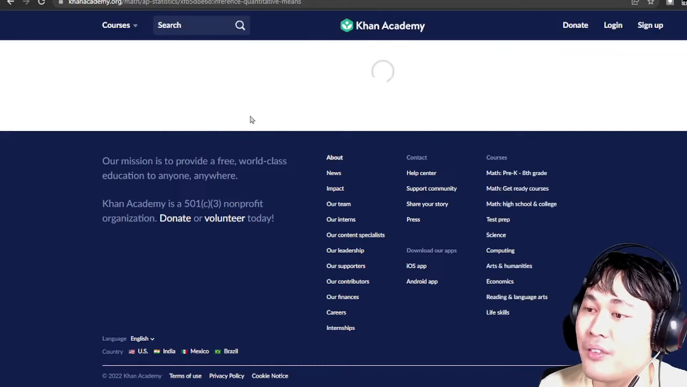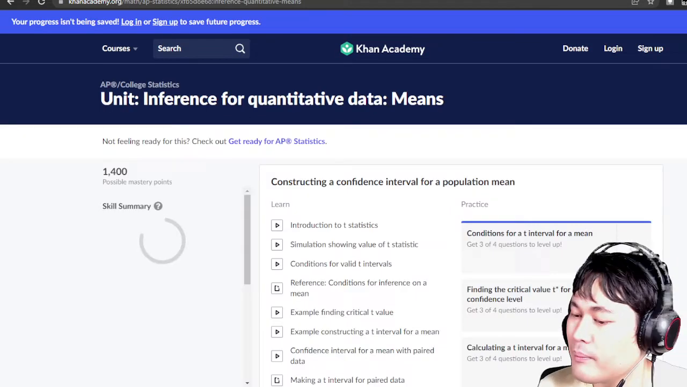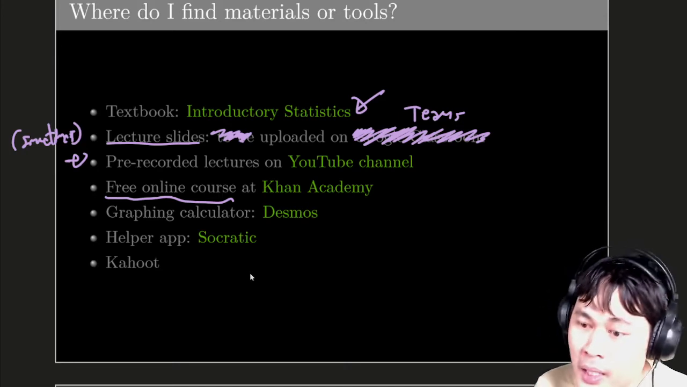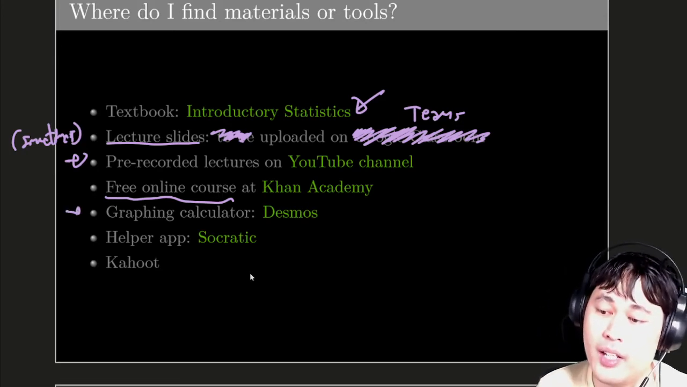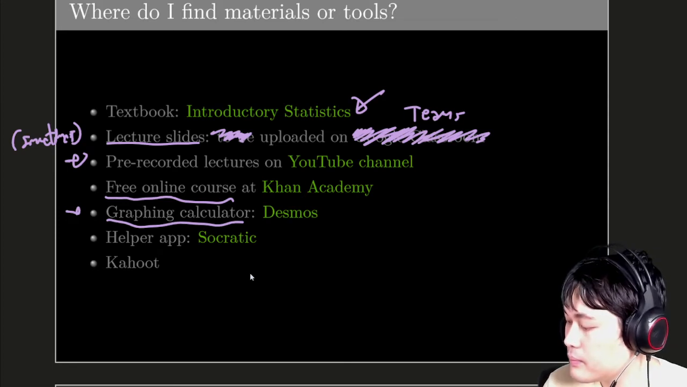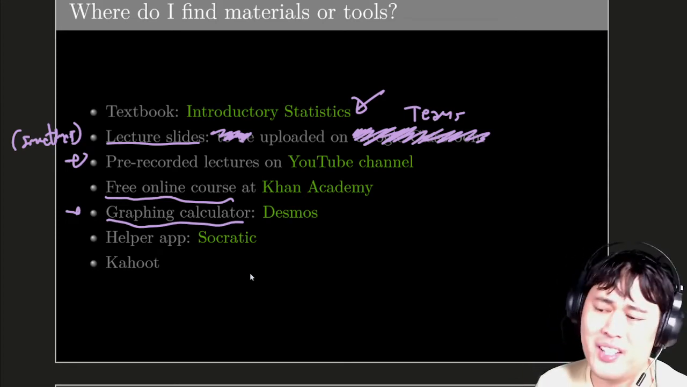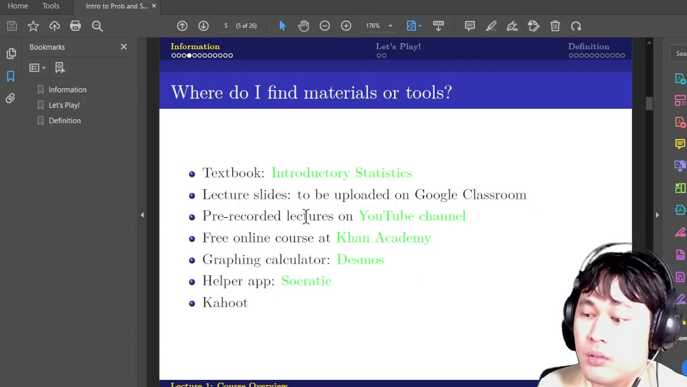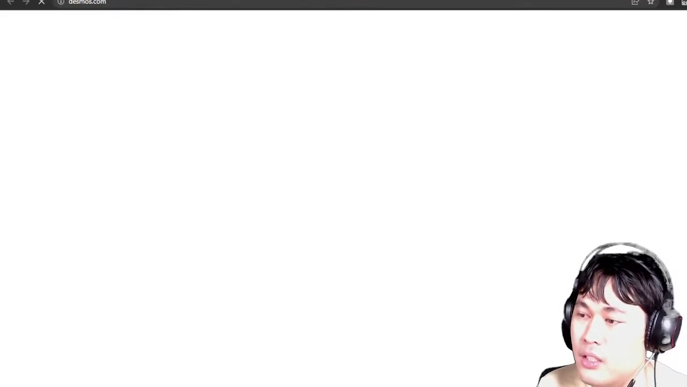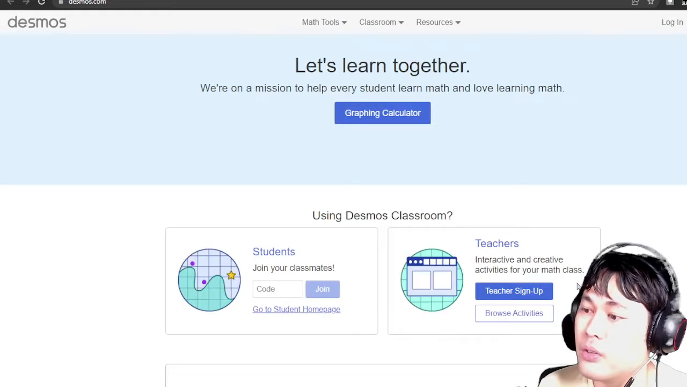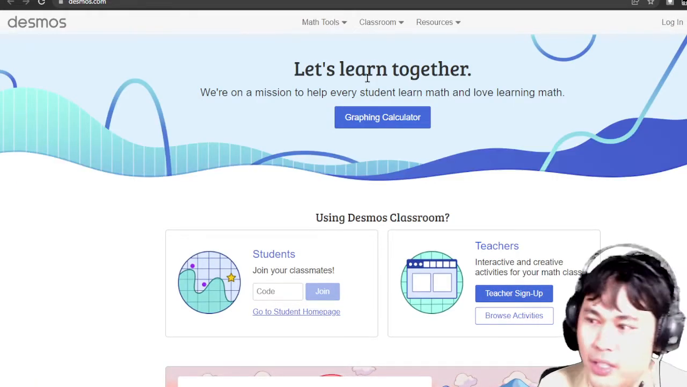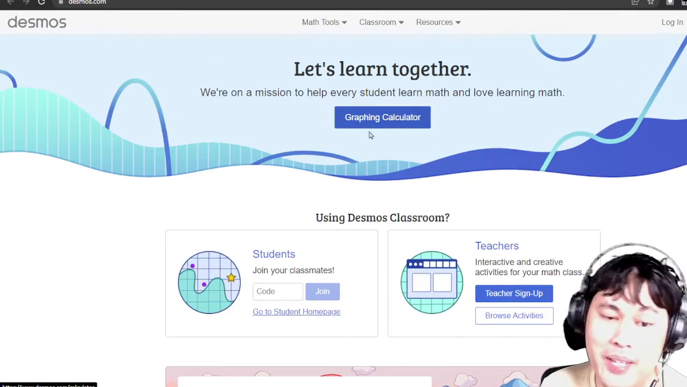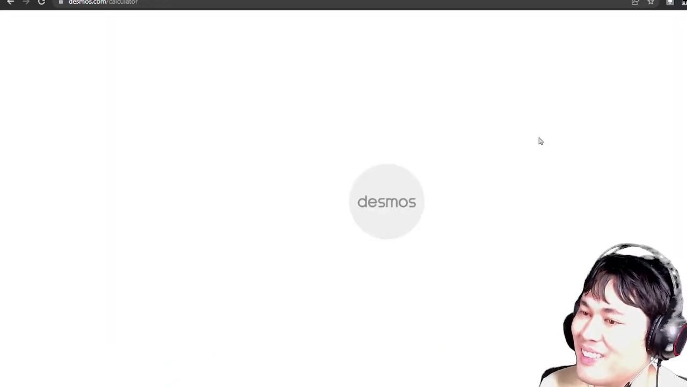Just one extra material, like Khan Academy. And then we're going to use a graphing calculator called Desmos. Some of you may have seen that already because that's a pretty famous one. Again, if you click on the text, that should take you to this website. So many things going on here, but if you click the big blue button in the middle,